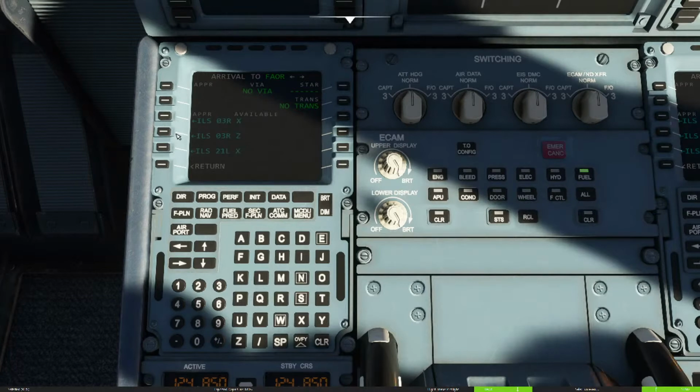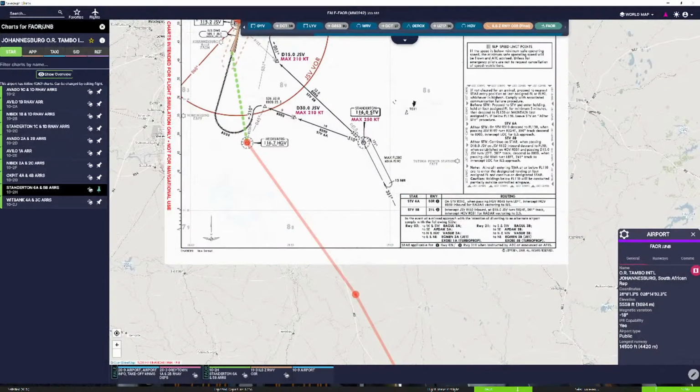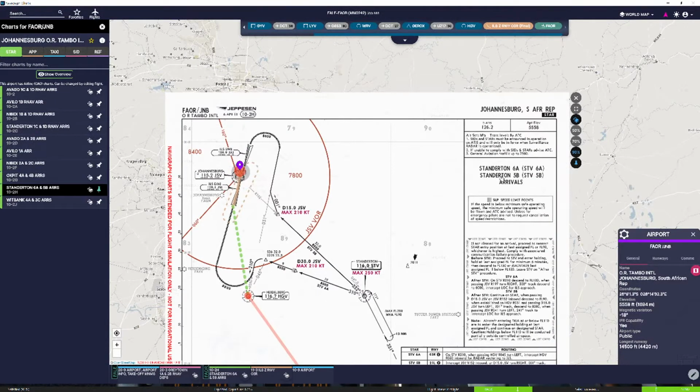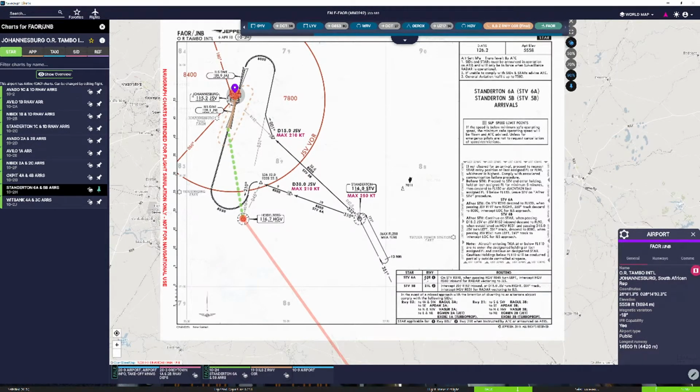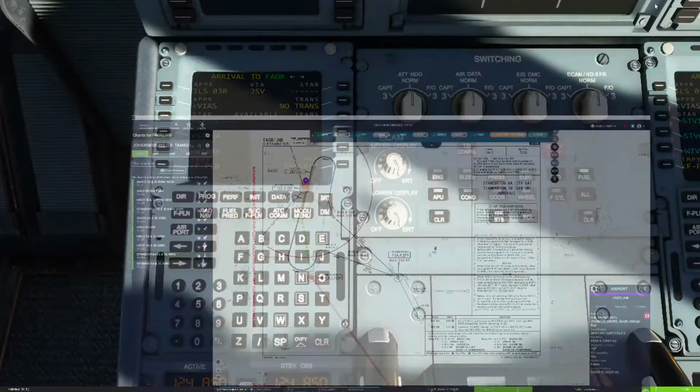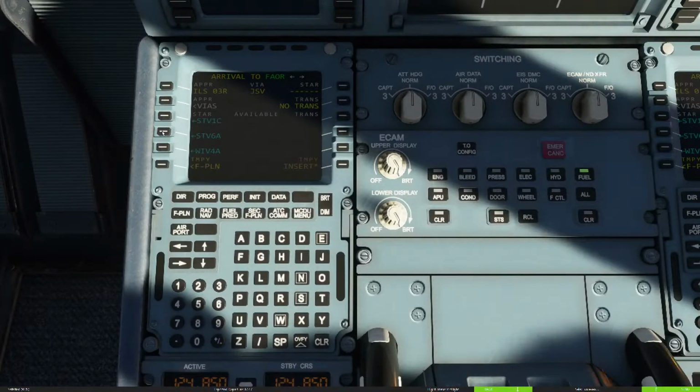So I am setting arrival now on Johannesburg airport, which is ILS 03 right Z, and now we have to select what our arrival is. According to the chart, if we are landing on runway 3R, then it would be STV 6A. STV 6A, this one, and the STAR is this, via JSV. Looks right. Insert,